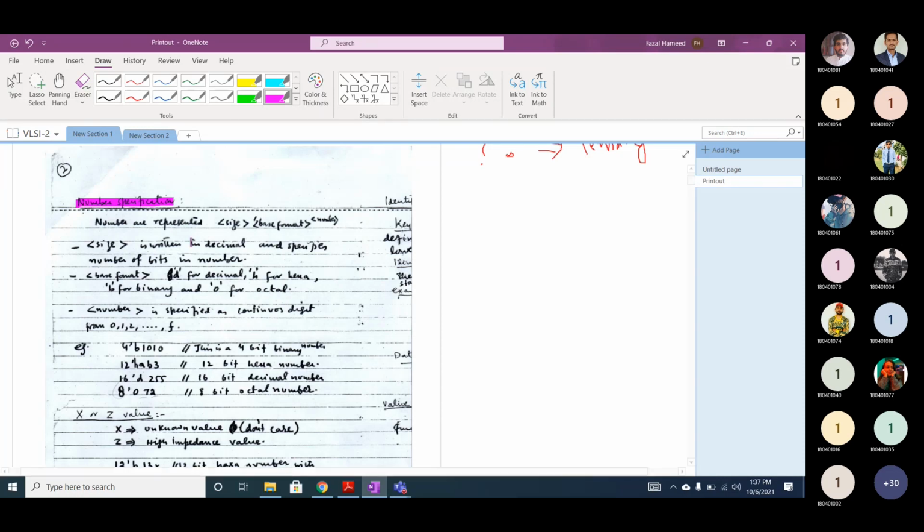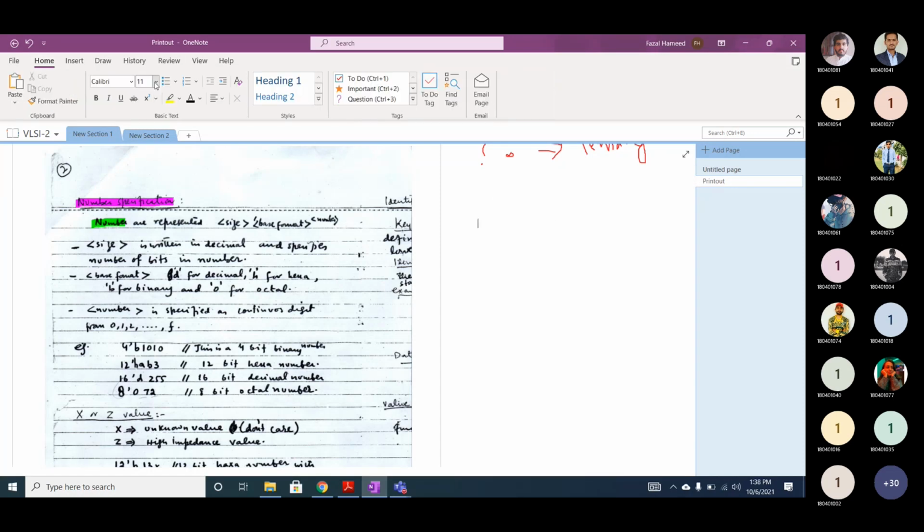In Verilog, numbers are represented in this format: size, apostrophe, base format, and then the number.